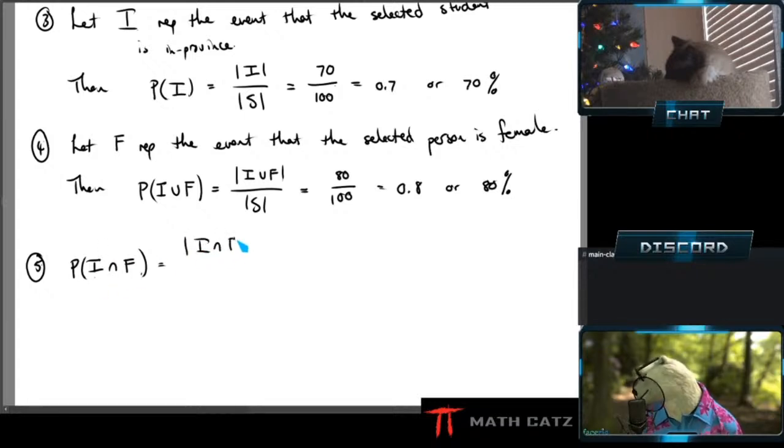I want to get used to reading these sets, events, and ways of combining them and understanding the restriction that they place, and not thinking about Venn diagrams. I need to move past that. They are putting a restriction on what I'm looking for. Now I can go to my table and find out, well, how many ways can I get that? In province and female.